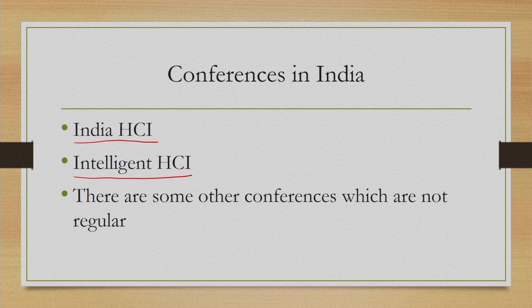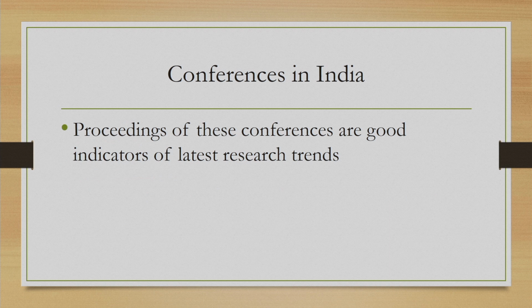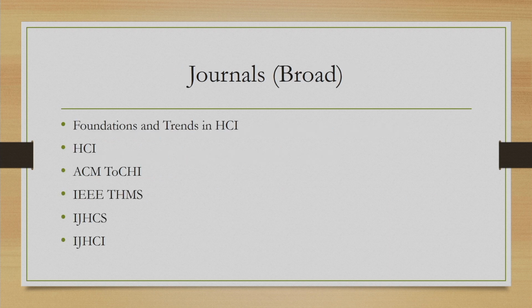Conferences are one way of knowing about the latest trend. Another good venue where we can learn about the latest trends is the journals. So, like conferences, there are many journals which cater to a broad audience of user centric systems. If you recollect, when we are talking of the design of user centric systems, actually that is an interdisciplinary field which we mentioned at the beginning, and the people who are interested in this area come from various backgrounds.